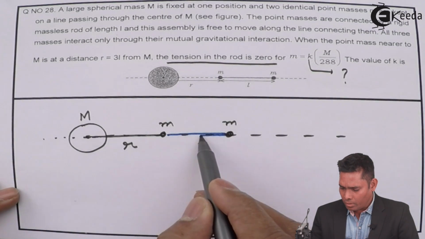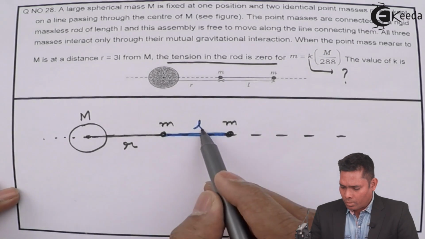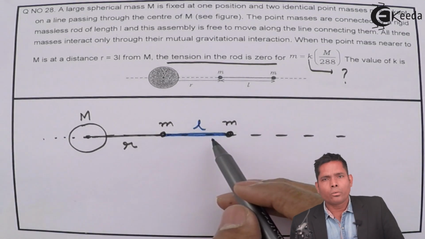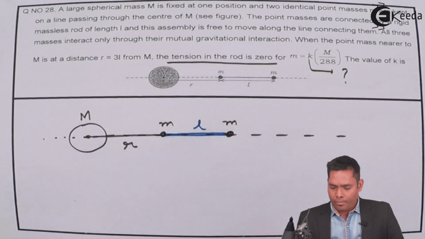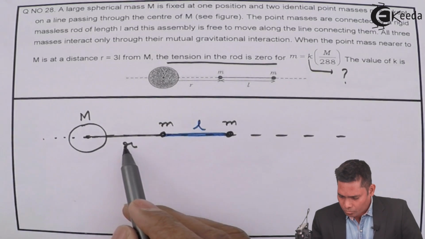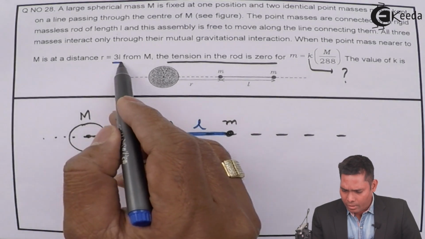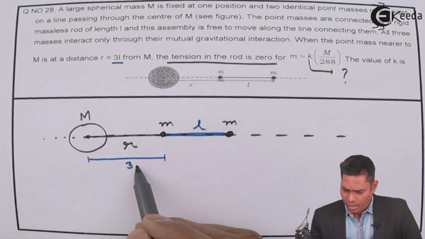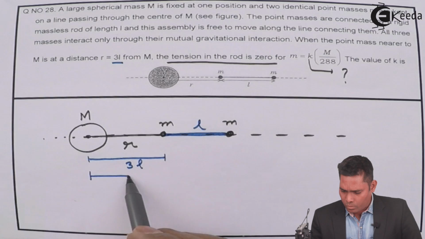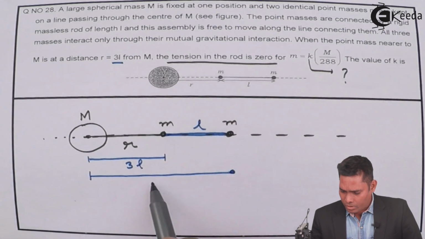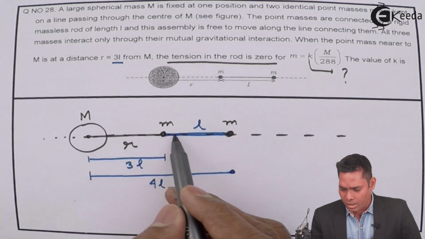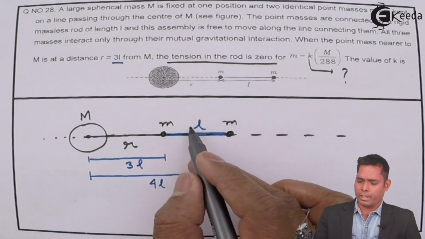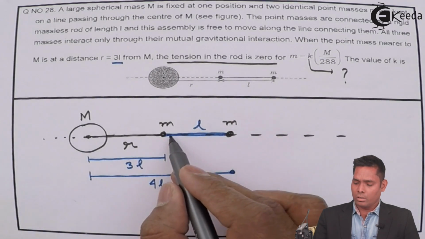This is a rod which has length L, and this r is given as 3L. So from here to this point the distance is 3L. From here to the other point mass m, this distance is 4L, because this is 3L plus L, which is 4L. And between these two masses the distance will be taken as L, and this is a rod, and the tension